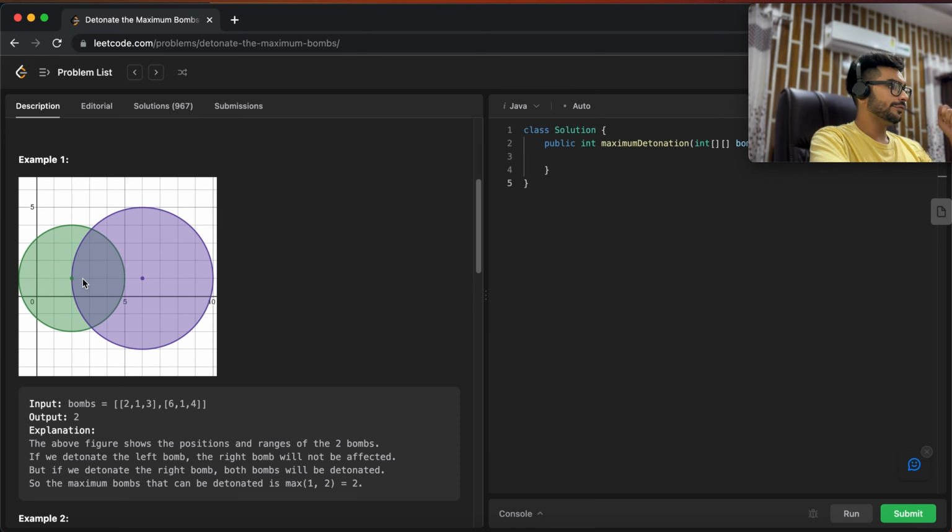So what is the way? Let's say we have a circle. How do we check whether a point is lying inside this circle or not? There is an equation: (x minus x1) square plus (y minus y1) square minus r square. If that is less than or equal to 0, then the point is lying inside the circle. If it is greater than 0, it is outside the circle. Firstly, let me write the pseudocode here